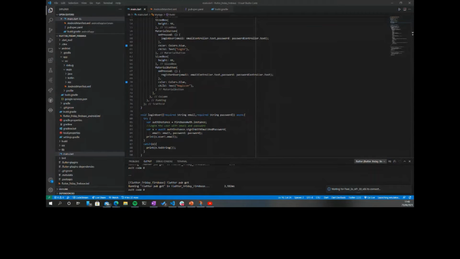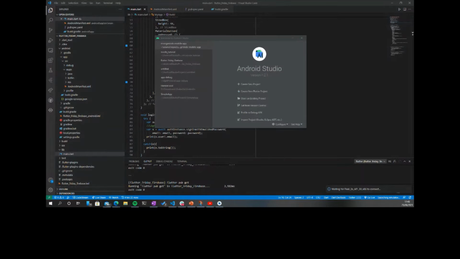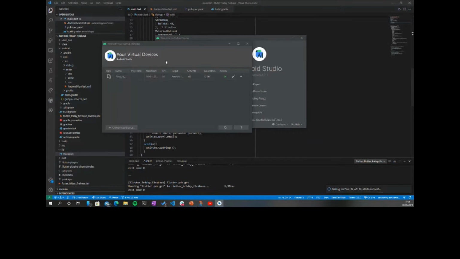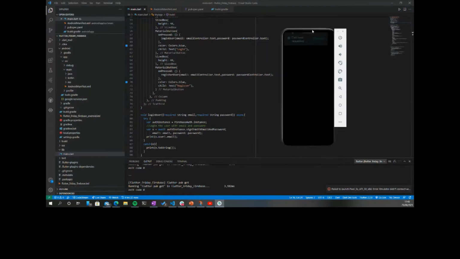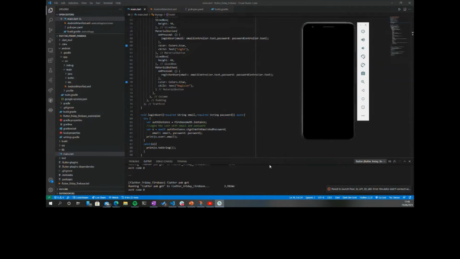The emulators kind of are buggy nowadays, so let me just cold boot it so that you can test with it. Okay, so as our emulator is starting,